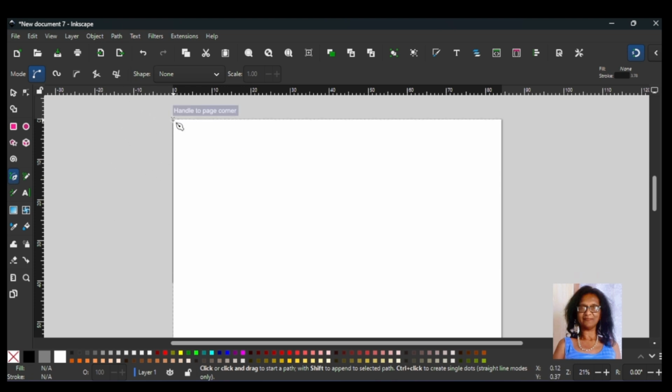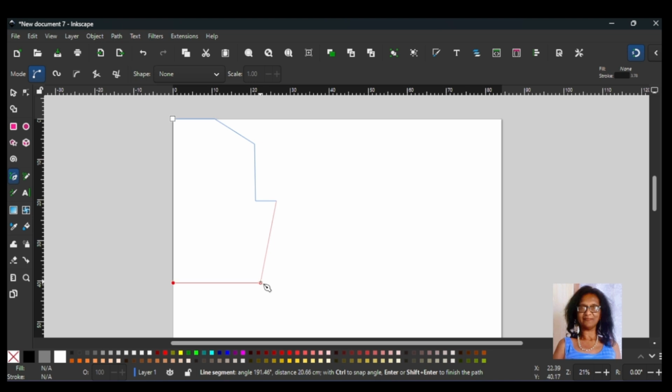So now I click onto the top here with the 0 markings, and I'm going to hold my control key, and I'm going to draw a straight line that is going to be my neck width, and then I'm going to draw another line going down slightly because that will be the shoulder length, and then I'm going to go down, which is going to be my armhole depth, and then I'm going to draw the line out on the outside here, which is going to be the bust, and then I'm going to draw a straight line, which is going to be the side seam, and I'm going to connect it here in the end with the waistline. Okay,